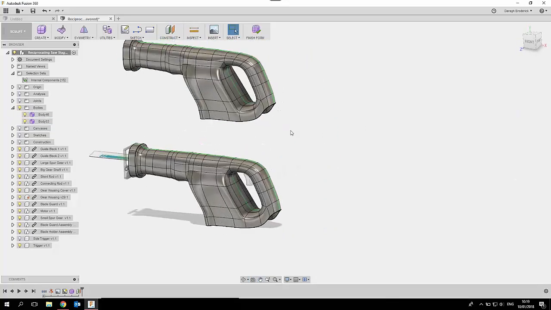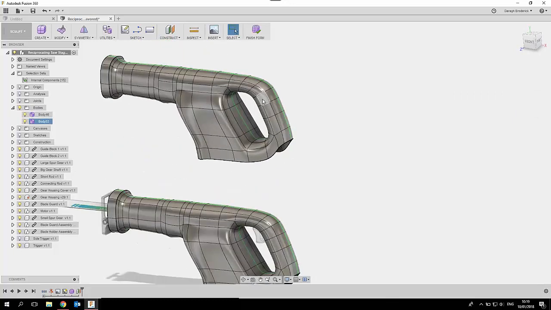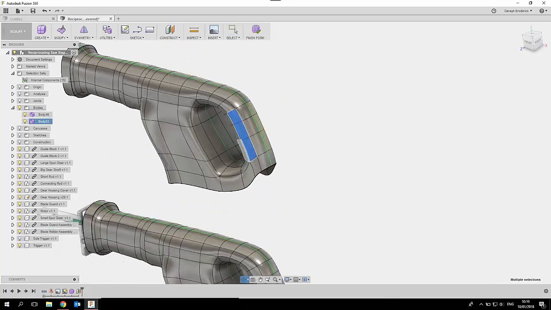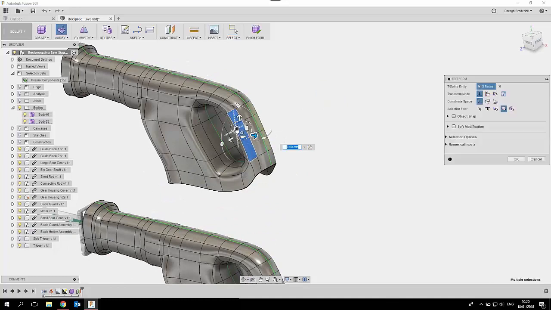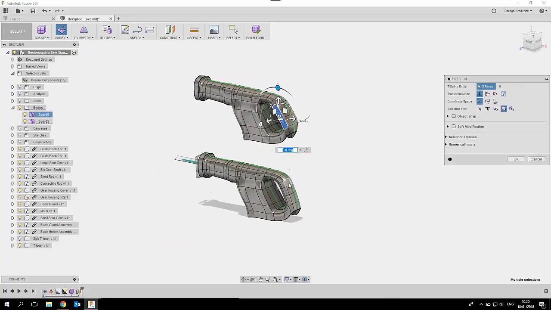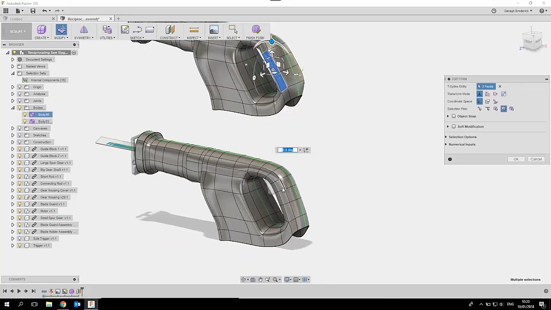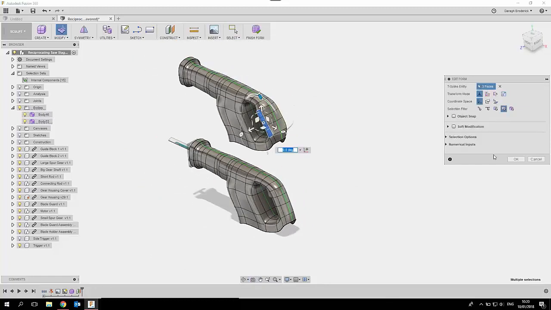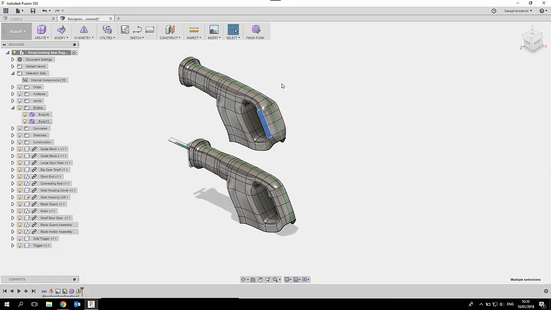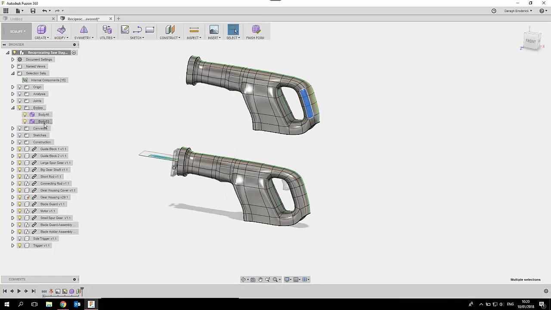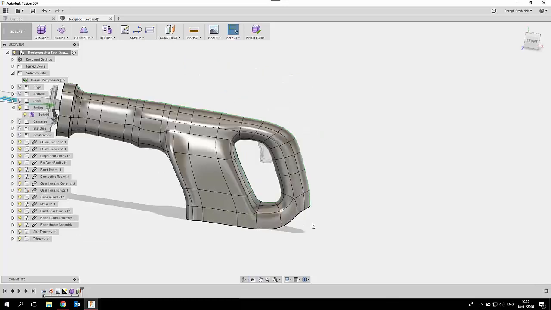And now I'm still on my freeform workspace, so I can grab these, use my edit form tool, and move these out, change them, change the angle of it, all within the same design, but it's not propagating back to my first design. So this is great for iterative design in the early stages where you just need to knock out as many concepts as you possibly can. So I'm just going to delete that, and we'll continue on by